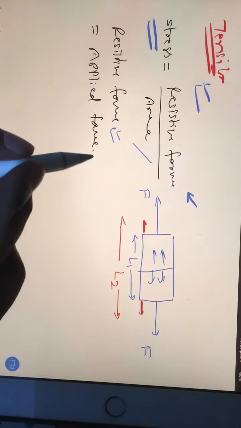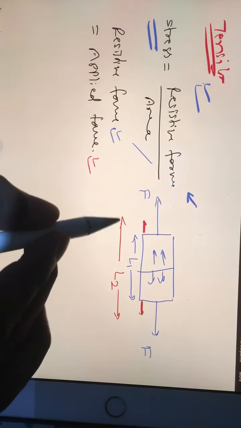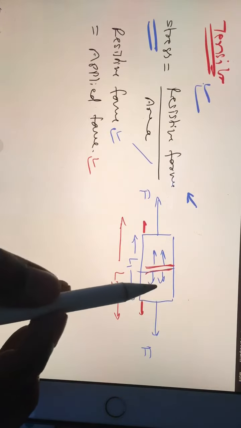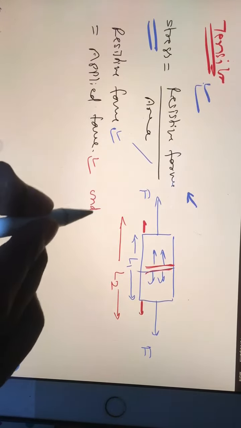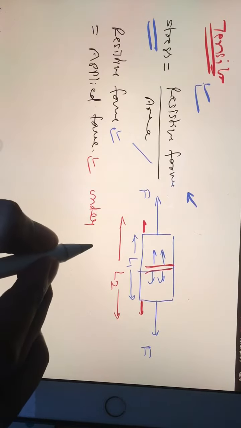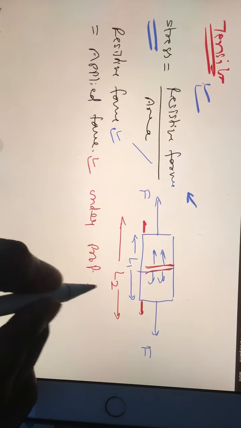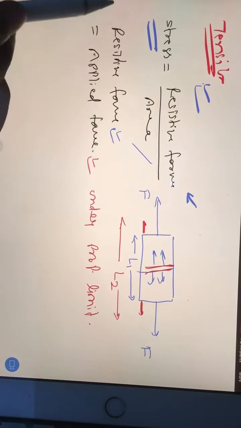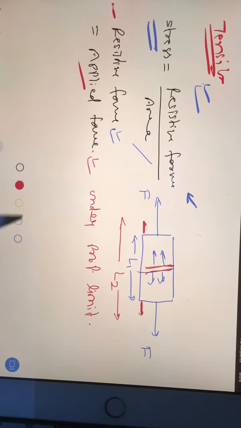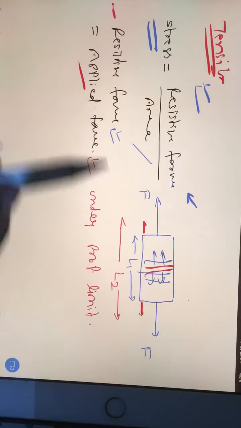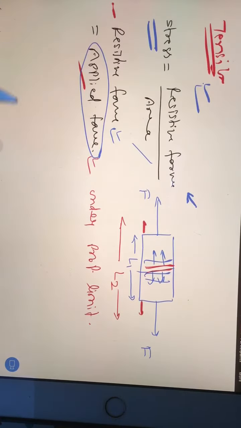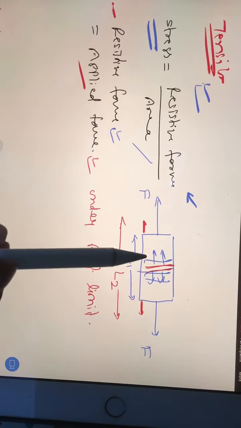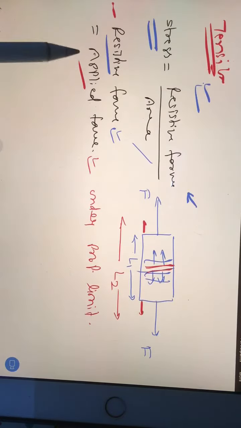But actually, we consider that as the applied force, because we are discussing the member before it fails. So for that purpose, I am writing under proportional limit. Under proportional limit, your member will not fail. Then you can of course consider resistive load as applied load. It means the molecules are able to overcome the applied force. So whatever resistance we are getting is actually equal to this force. So resistive force is equal to applied force.